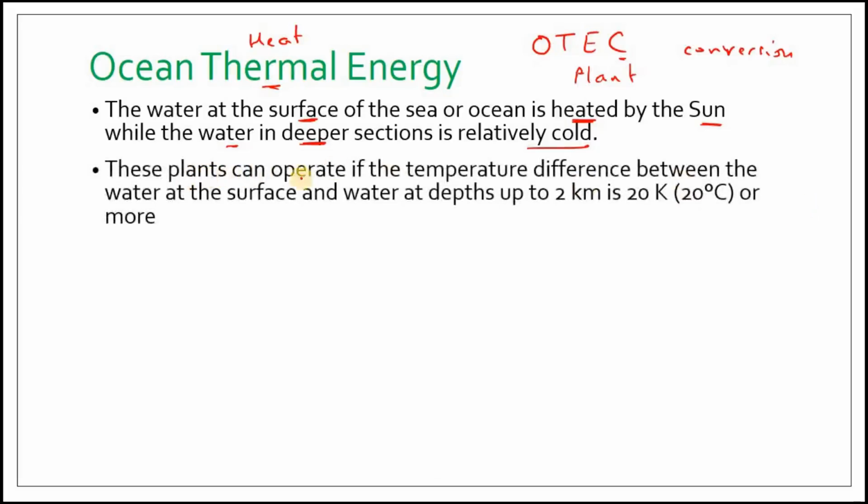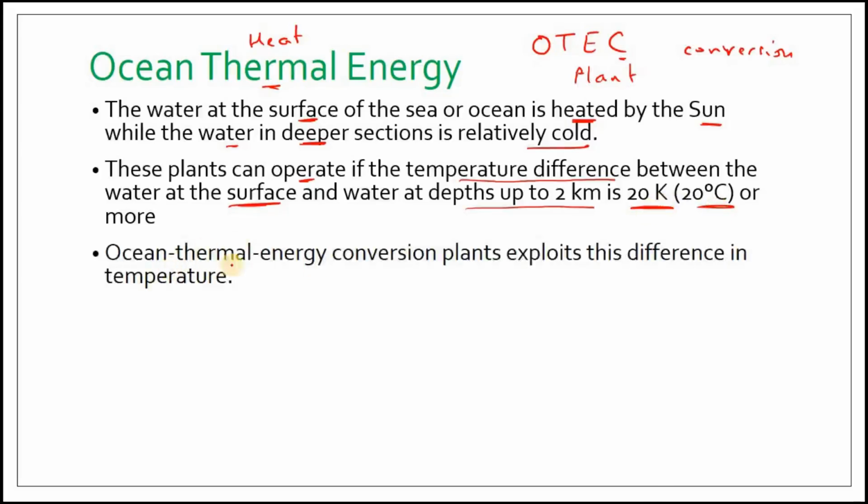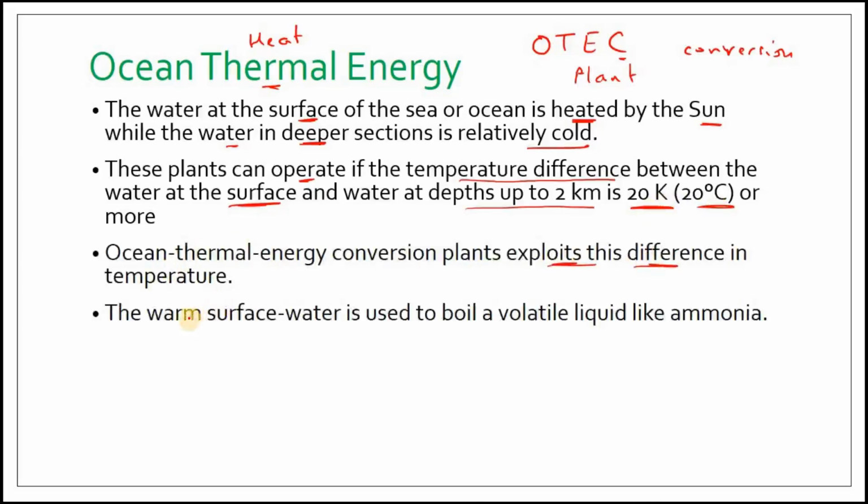These plants can operate if the temperature difference between the water at the surface and water at depth up to 2 kilometers is 20 Kelvin or 20 degrees Celsius or more. So ocean thermal energy conversion plants will exploit this difference in temperature, and the warm